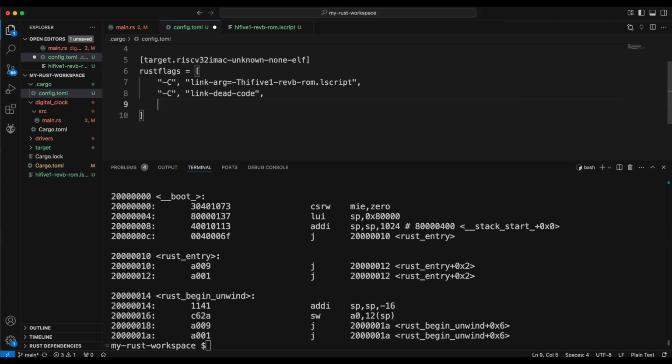to disable a feature called, okay, so for each RISC-V target, there are many target features. Like in RISC-V, there are multiple extensions, so those are all the target features. And what this target feature setting does is remove the -c, to remove the compressed extension. So now if I clean and build again,